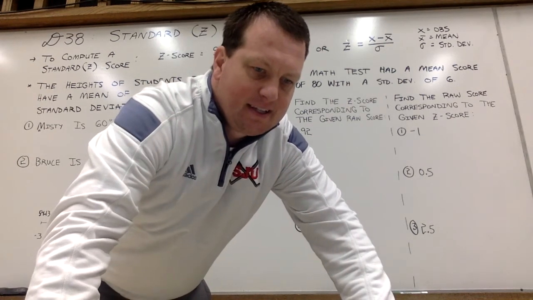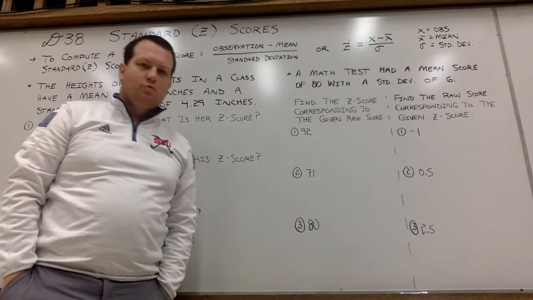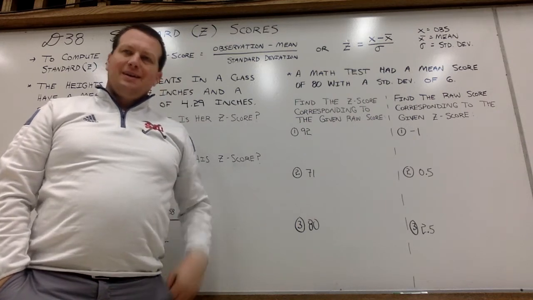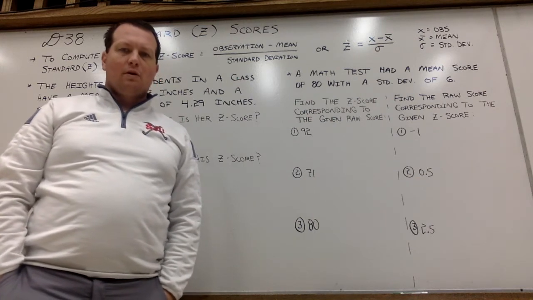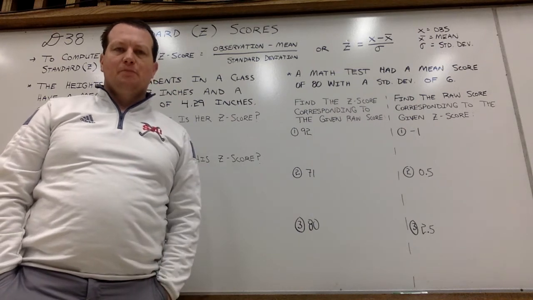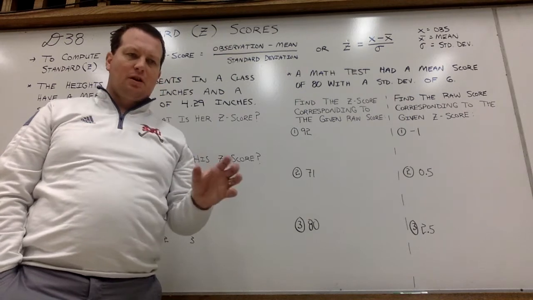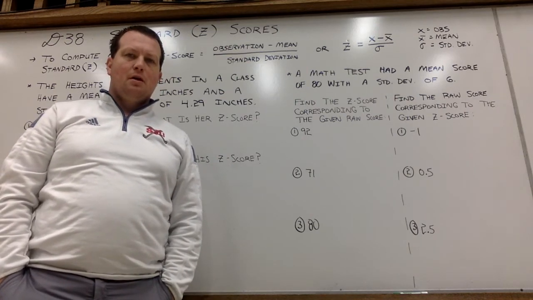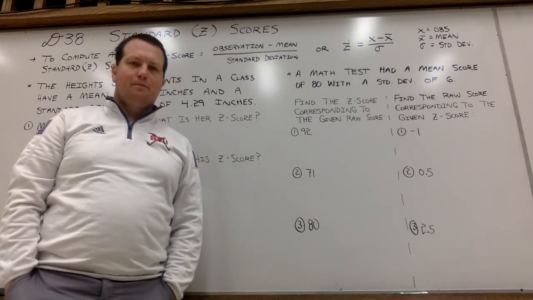We're going to look today at a new concept in which we are going to use what we call standard or z-scores to help us get a single digit positive or negative score that is going to help us determine where in relationship to other observations a specific value is. Is it above average, below average? And then in the future, we are going to use that z-score number to help us with